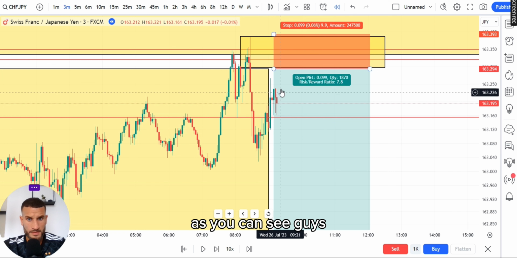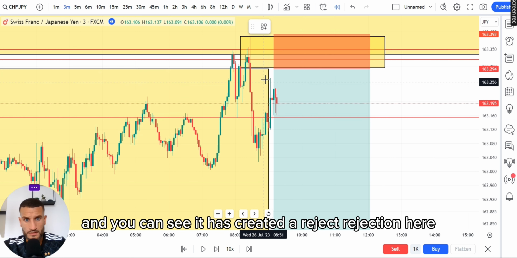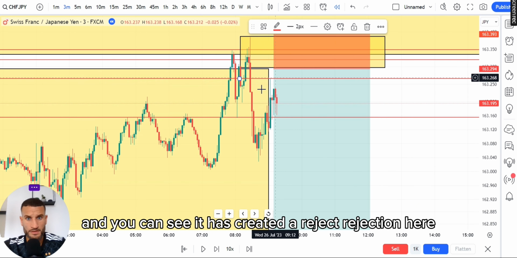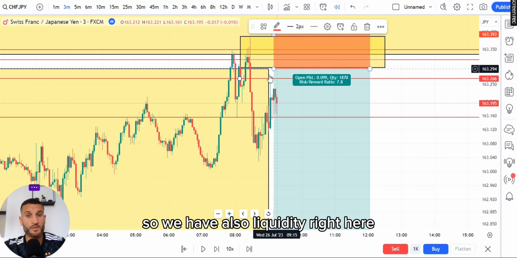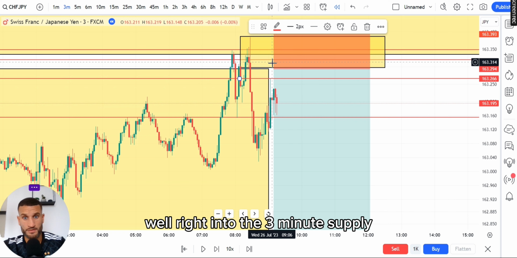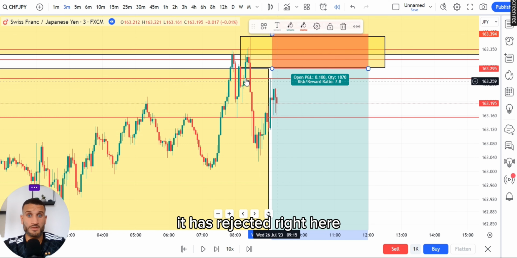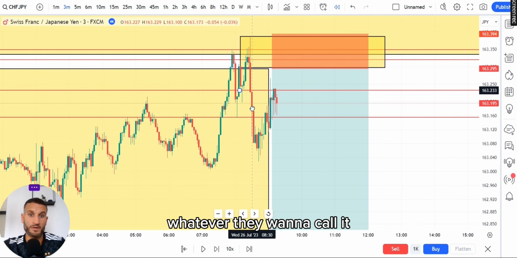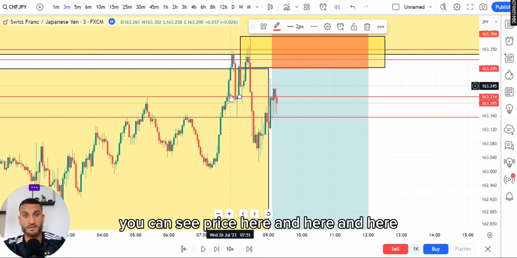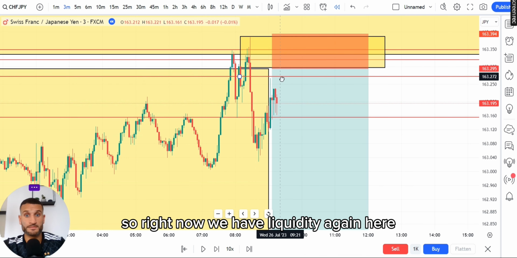As you can see, guys, price is moving slowly up to the 3-minute supply, and you can see it has created a rejection here, and a lot of retail traders will want to sell here. So we have also liquidity right here, right into the 3-minute supply. So this is also a good confirmation to watch, because a lot of people will say, oh, it has rejected right here, we have a support or resistance area, or whatever they want to call it. You can see price here and here and here, it has rejected many times, or here. So right now we have liquidity again here,